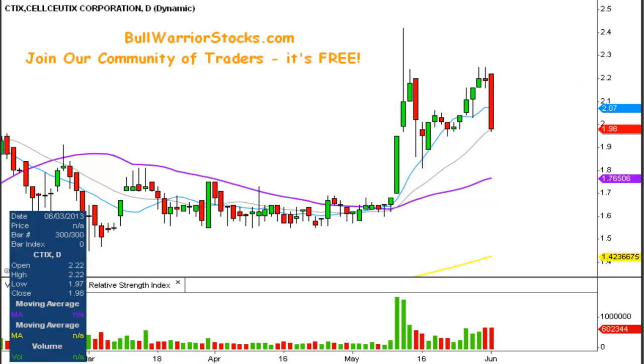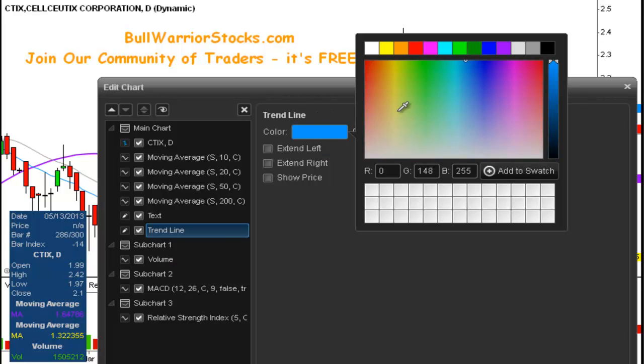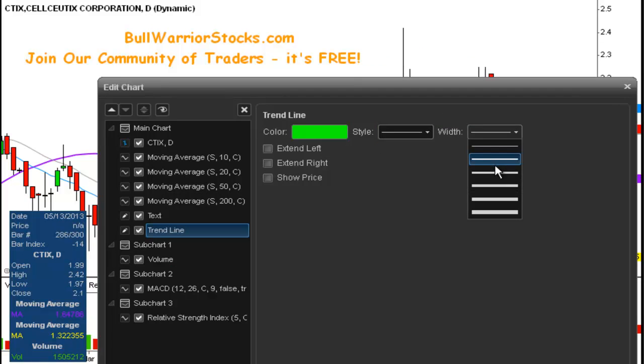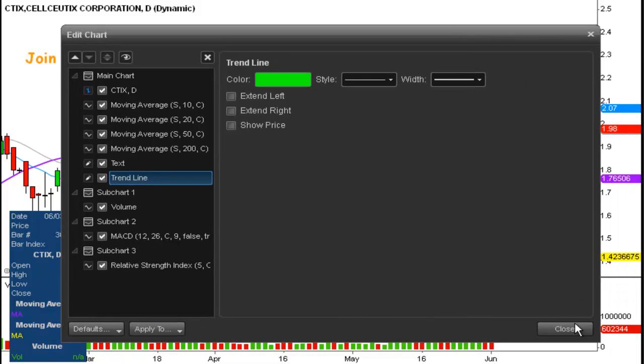So that kind of brings us to our first point. An important level of support and very ideal level of support, meaning ideally if this level could hold, which is at $1.95, that would be great for the chart. So I'll change that to green. And this level comes from